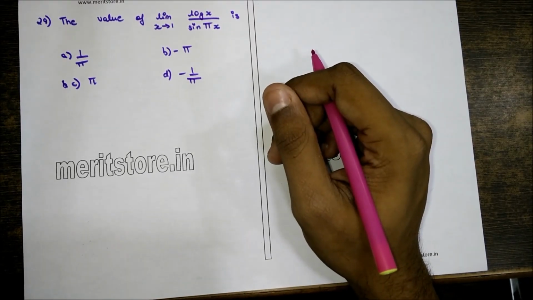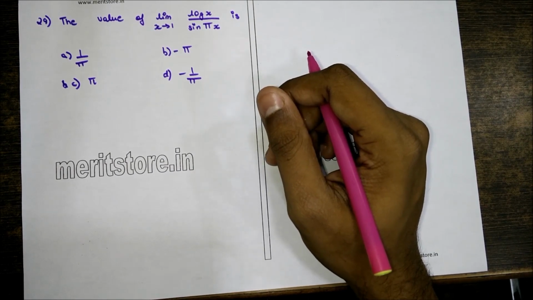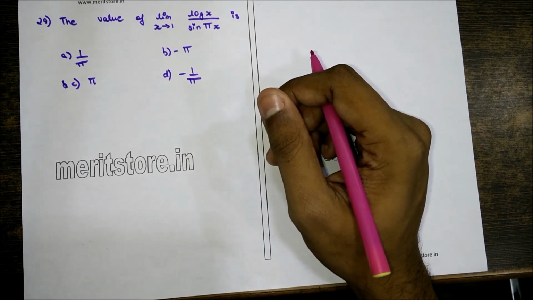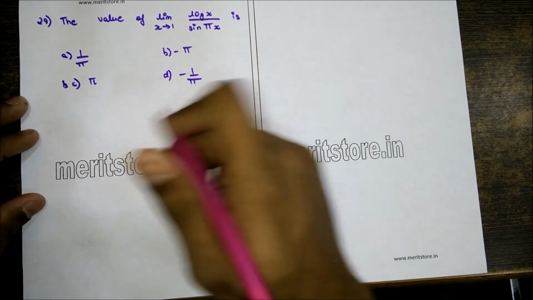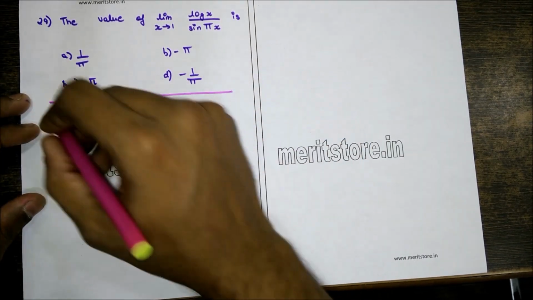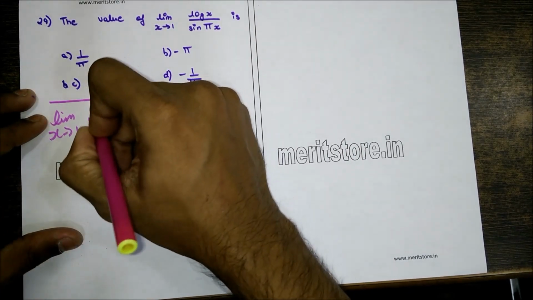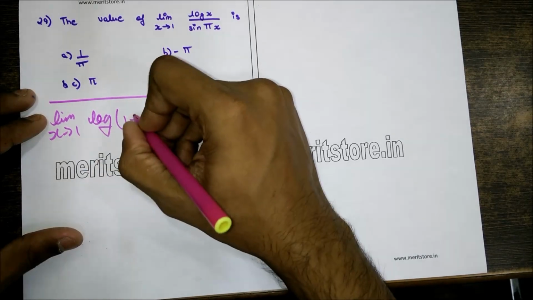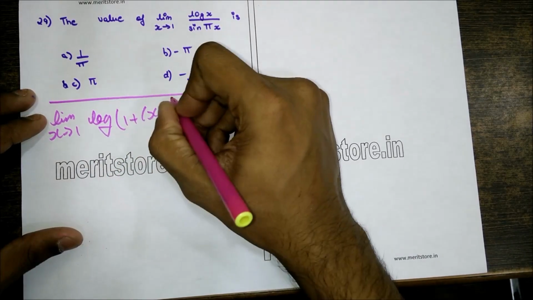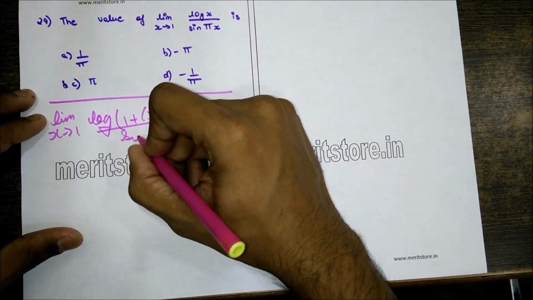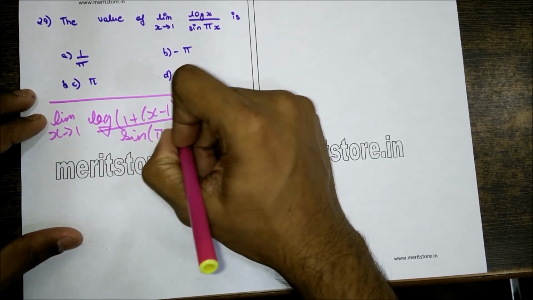The value of limit x tends to 1 log x by sine pi x is a) 1 by pi, b) minus pi, c) pi, or d) minus 1 by pi. So first for this we can write limit of x tends to 1 log of 1 plus (x minus 1) upon sine of (pi minus pi x),